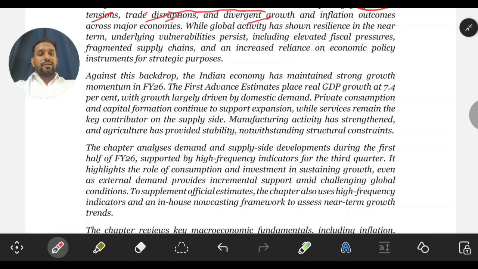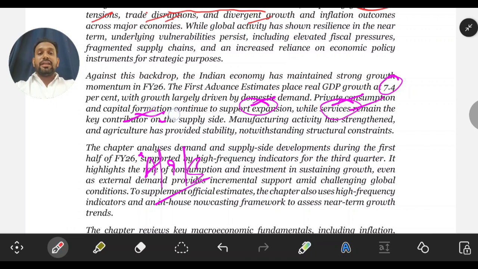So I have discussed three very important concepts with you. Let us go ahead and see what is there in the survey again. This much we have learned. We have seen that the growth rate India is having, 7.4%, is mainly driven by domestic demand, private consumption and capital formation, and it is supporting the expansion of our economy. And here the survey gives a very superficial understanding of how these subsectors of the economy are performing: agriculture, industry and service. The survey says that the growth rate of our GDP is mainly driven by what?